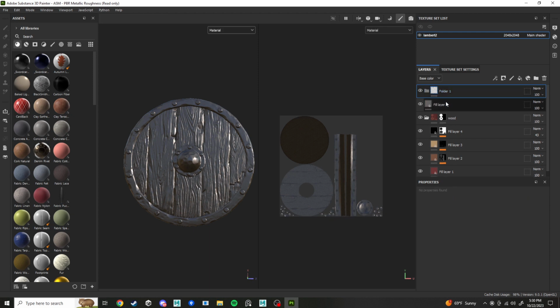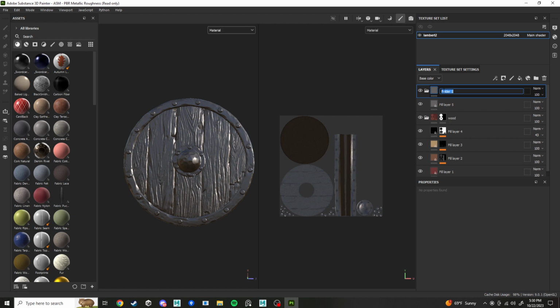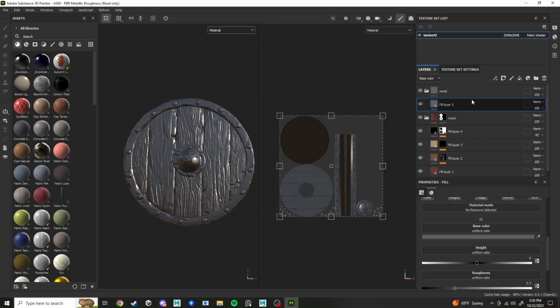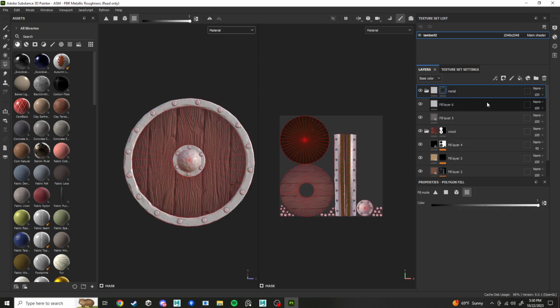And I'm just going to do another folder. I'm going to drag it into that folder. You can also just click a layer and press Control G to make one, but I'm just going to do metal. And here we go. Then I'm going to do another fill layer because that's our base. And let me add a black mask to this one real quick, to that metal folder. And in here, I'm going to start adding